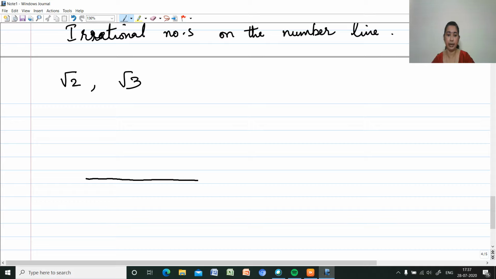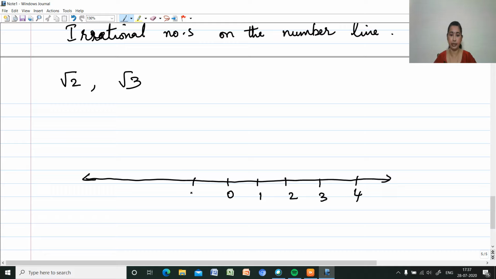So first we have to draw a number line. Then mark the values on that: 0, 1, 2, 3 and 4. On the other side, negative values -1, -2, -3, -4. Now to draw root 2, what you have to do is take 1 unit on the number line. Here it is 1 unit. I am marking 1 unit here, that we know, because 0 to 1 is 1 unit. Then the same length of 1 unit you have to extend to this side also. A perpendicular should be drawn at the point 1. This is the perpendicular.